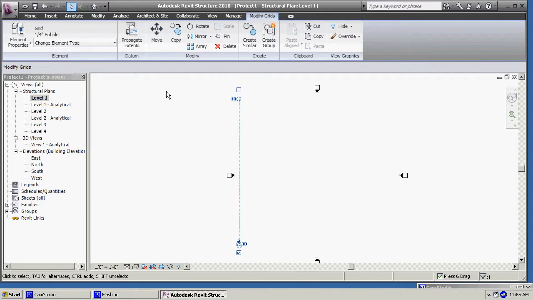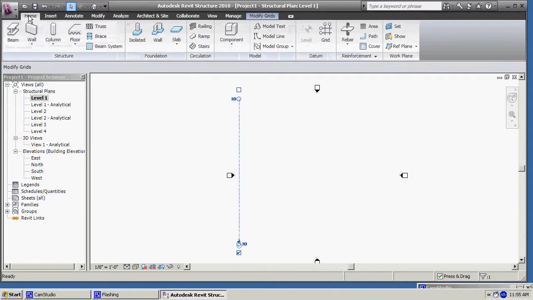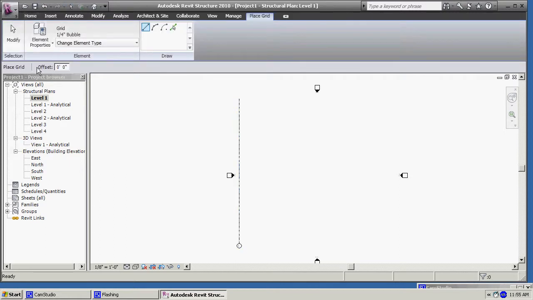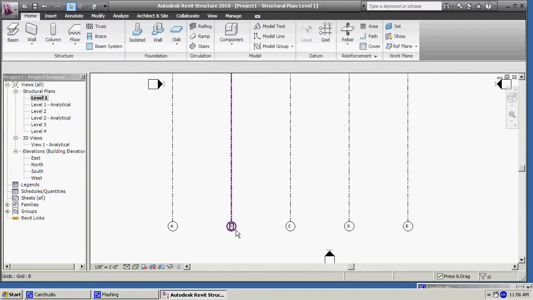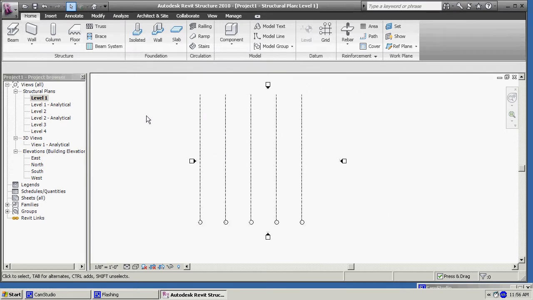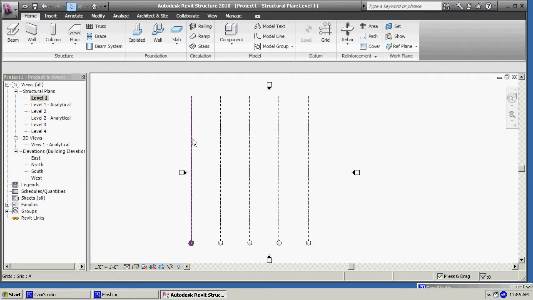At this point in time, when you go to Home, Grid, you can click on that and give it an offset of 25 feet. We're just left clicking, going around, and then hitting Escape. If you look at each of these, they're labeled A, B, C, and in the properties there are different ways to label them, top and bottom, but we'll first lay out our other set